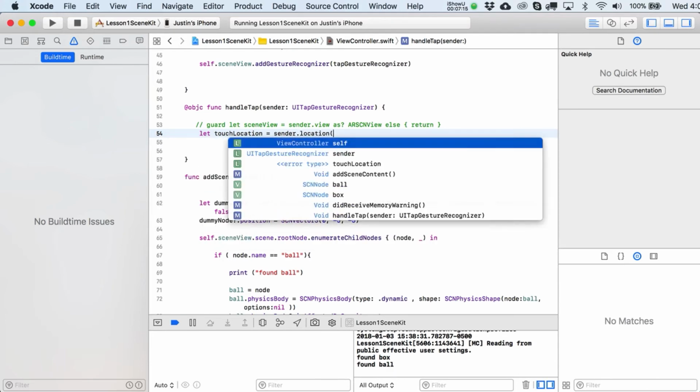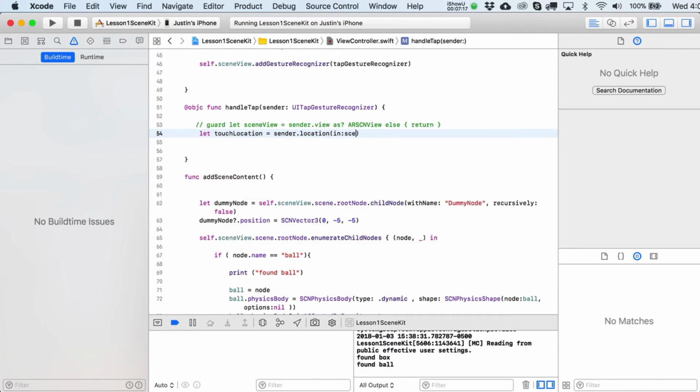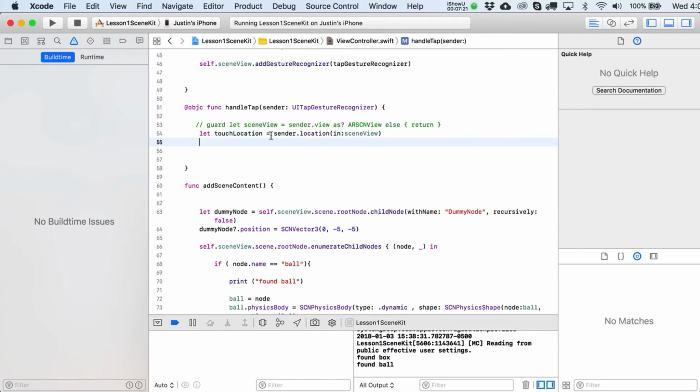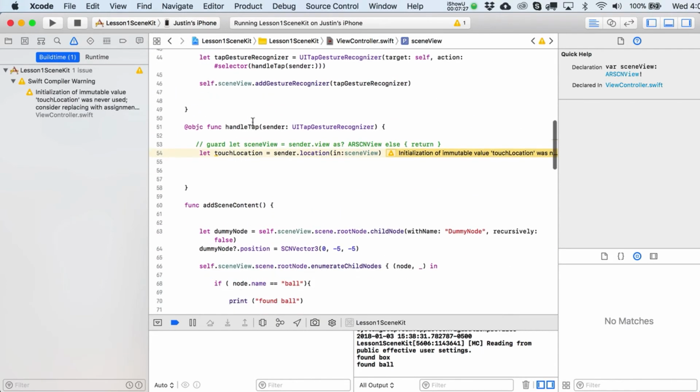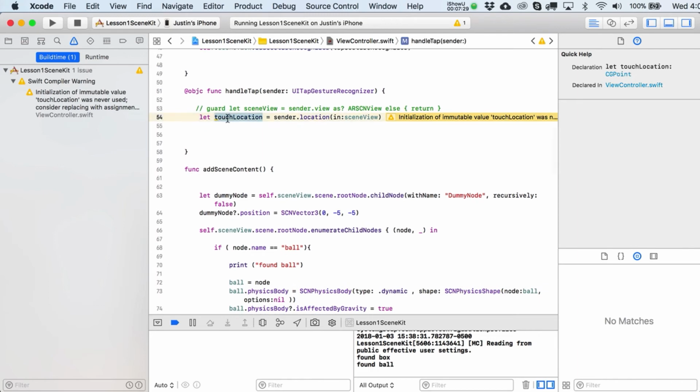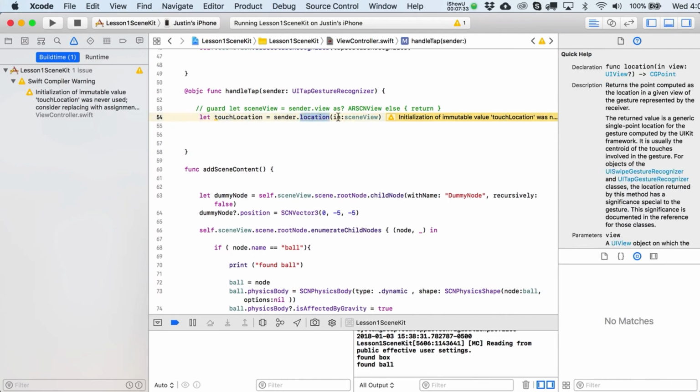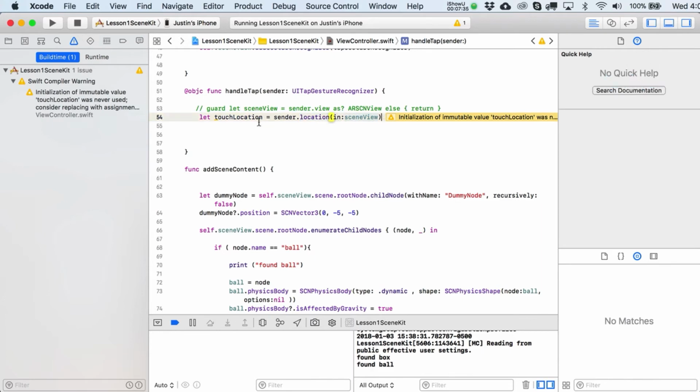And I'm sure you'll find references to that bit of code in plenty of places like Stack Overflow and stuff like that. But you can see now we can just write scene view in here because we've already got that. And we're basically just getting the touch location. So sender.location in our scene view is going to give us a CGPoint variable to work with. And then a CGPoint variable has an X and Y location,